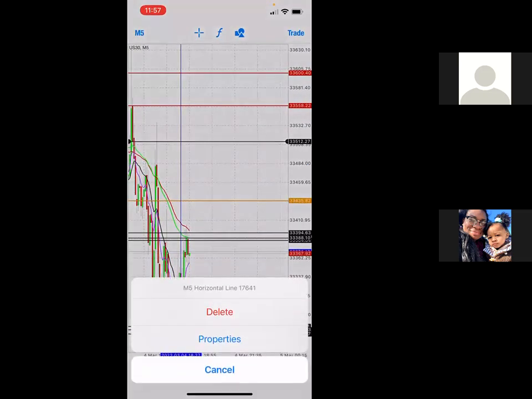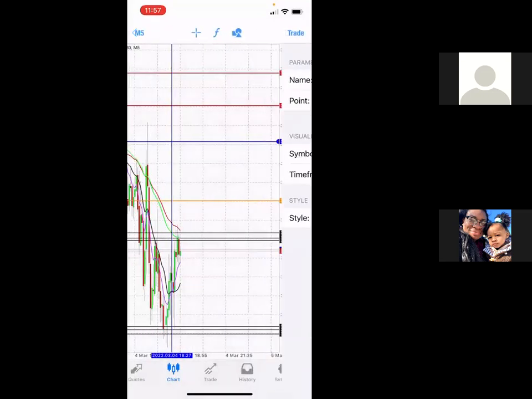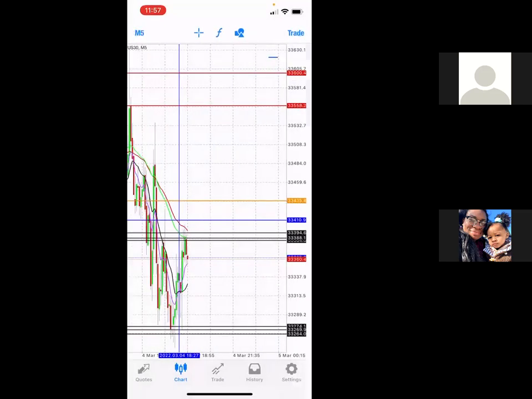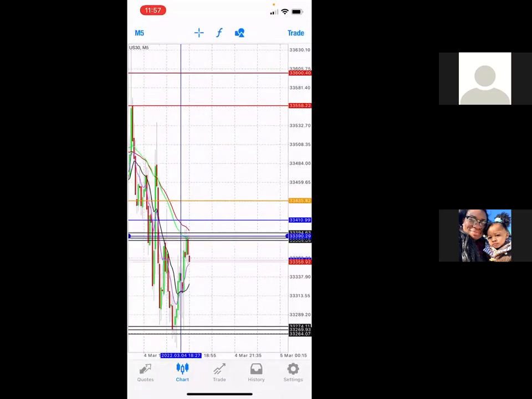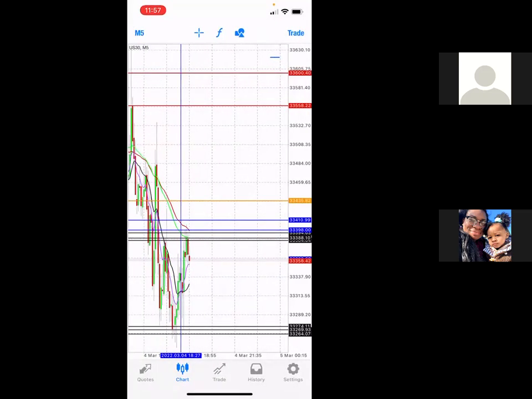So give me a line here. I make my 5-minute blue. I start off at the bottom of the black, and I go up to the next trade level. Not this one because it's inside of my black lines. I'm going up, I'm going up, I'm going up. This is the next trade level. I mark it up. The next thing I do, going up, oh, there's a little red moving average right there. I mark it up. Now my top side is done.